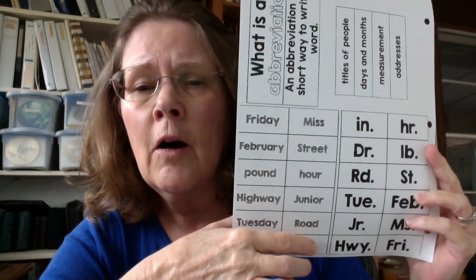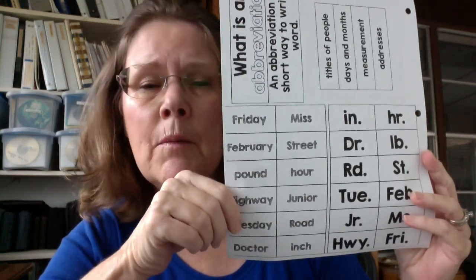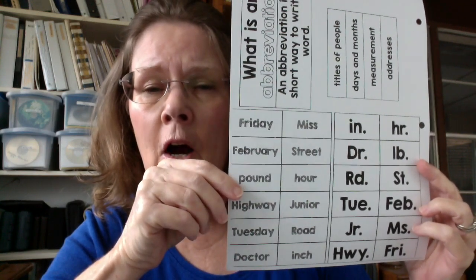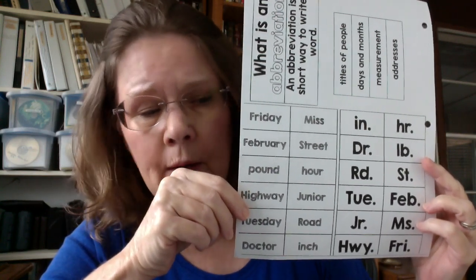So what I would like you to do is cut these all out, and match them up first, and then have somebody check them to make sure that they're matched up correctly. And then if they are, then you can go ahead and start making your pages. But see, you'll notice that